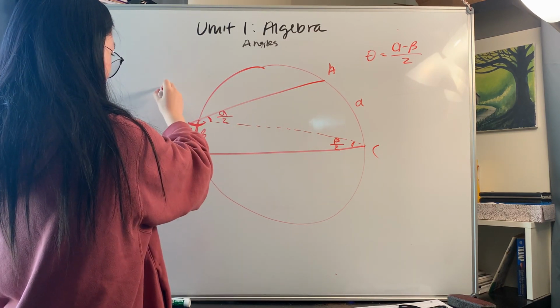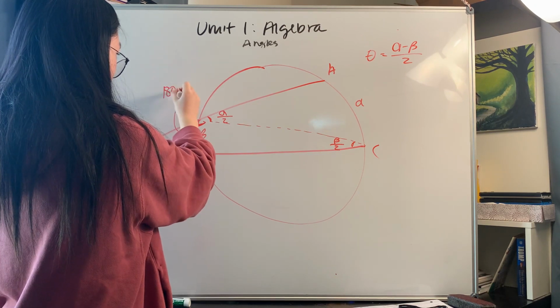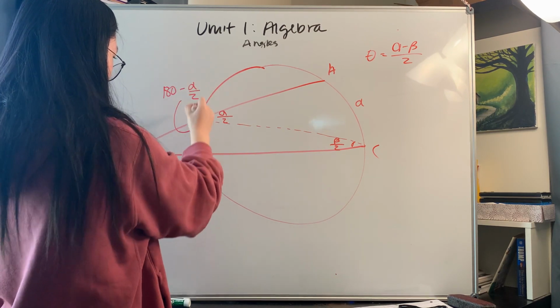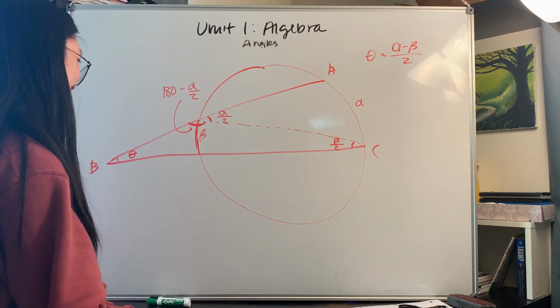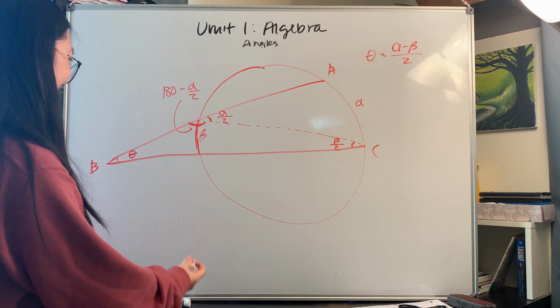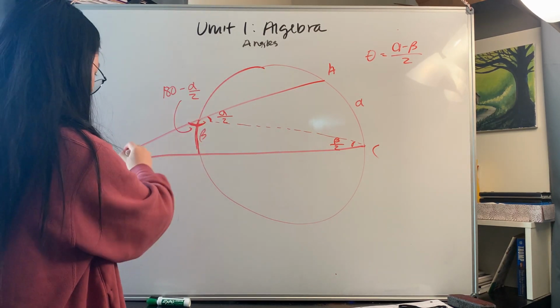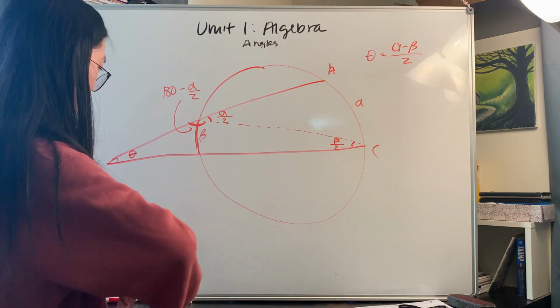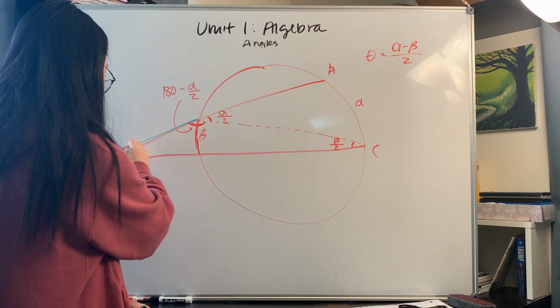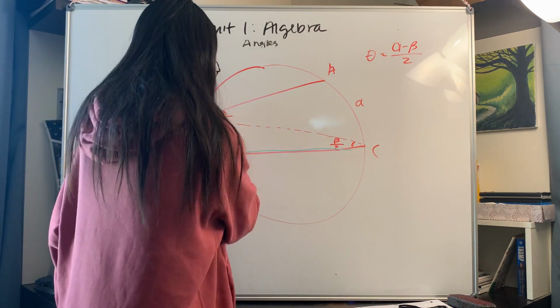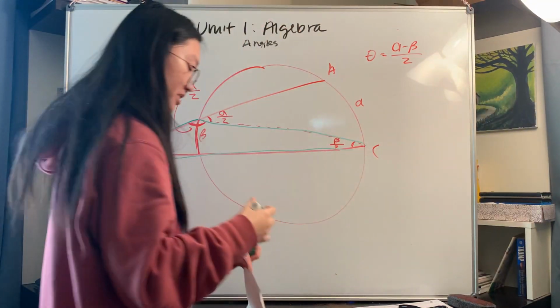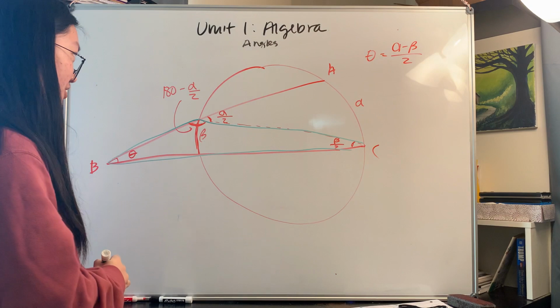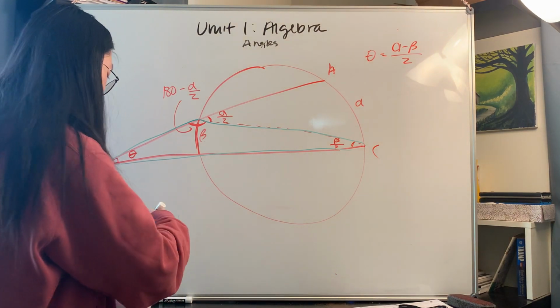It's equal to 180 minus A divided by 2. And we basically have all the components we need at this point. You might notice that this over here is one big triangle. So we know that all the angles in a triangle add up to 180 degrees. So we can say that